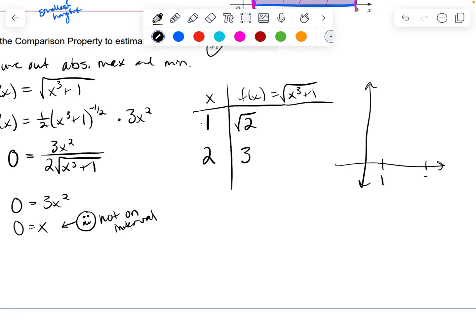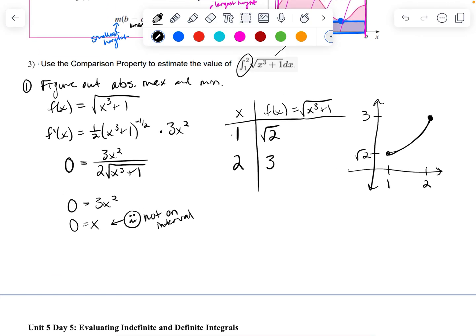So if you were to look at the graph of this, you're going to get root 2 when you plug in 1, and then 3 when you plug in 2, right? I know what the graph looks like. This is going to be an increasing function the whole time. So your second step is you're going to find the area